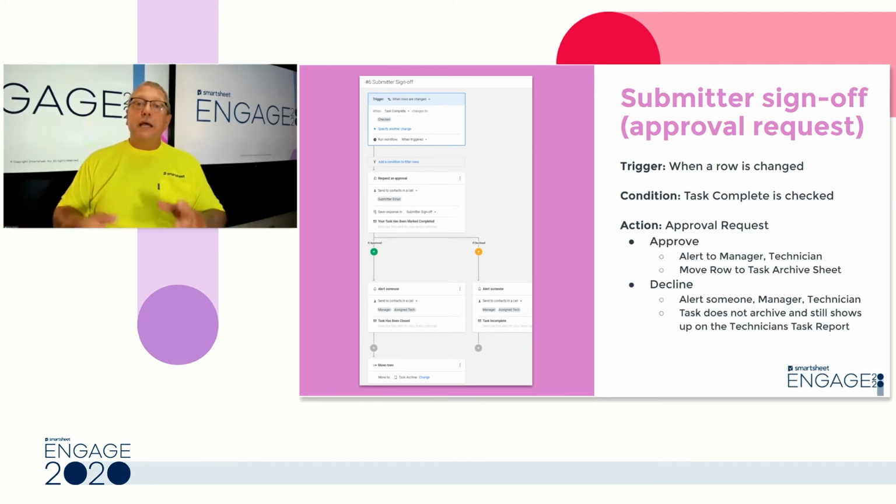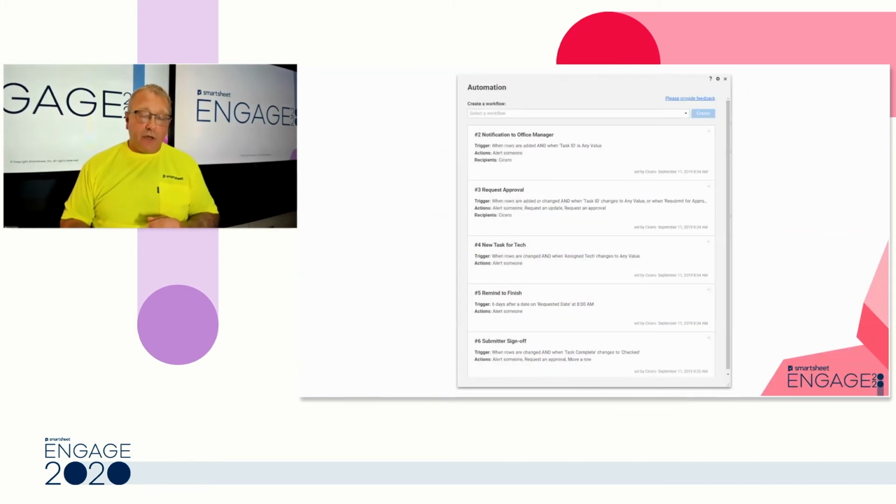And you could then potentially uncheck the task completed so that the next time they check that, it triggers this approval request again. You can have a number of different things that could go on with that. We'll talk about a bunch of those going forward. So now we've completed that last automation, and all of this is going together. And that whole solution,